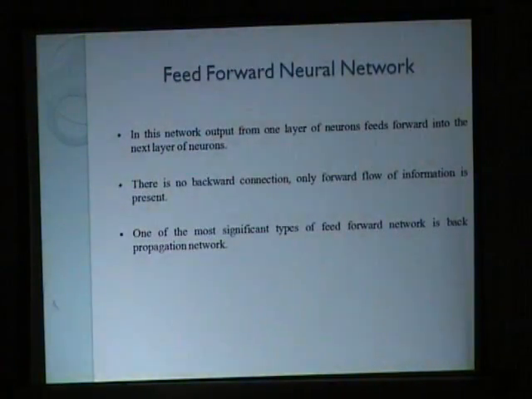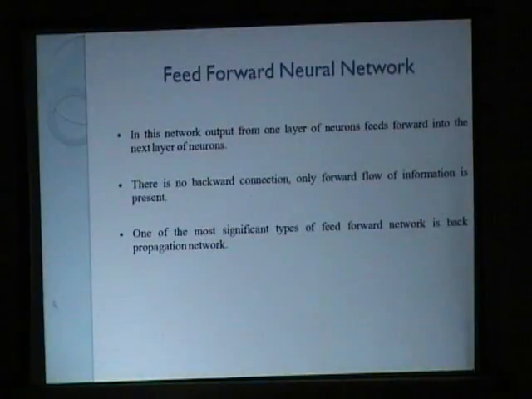There is no backward connection, only forward flow of information is present. Feed forward neural network में हम पहले नेटवर्क को ट्रेन करते हैं, एग्जांपल्स के थ्रू नेटवर्क लर्न करता है कि एक्चुअली उसे क्या चाहिए, जैसे हमें पहले A फॉर एप्पल लर्न कराया जाता है, उसके बाद हम उसे हमेशा याद रखते हैं, वी रिकॉग्नाइज। इसी तरह से हम पैटर्न्स को पहले लर्न करते हैं, उसको आउटपुट देते हैं, तो वो लर्न करता है। फिर नेक्स्ट टाइम जब हम उसे कोई अननोन डेटा सेट देते हैं सिमिलर टू दैट प्रीवियस डेटा सेट, तो वो ऑटोमेटिकली लर्न करता है और